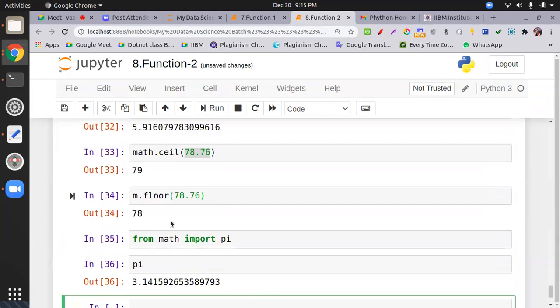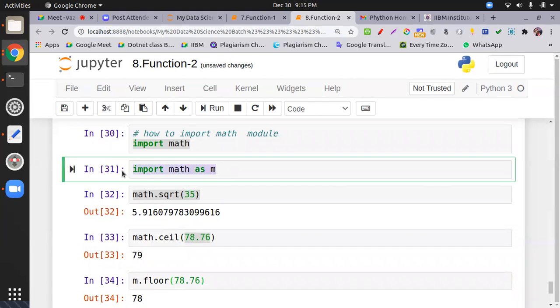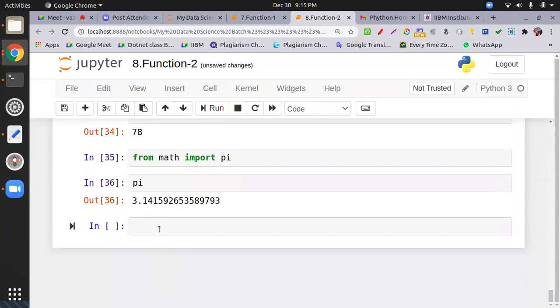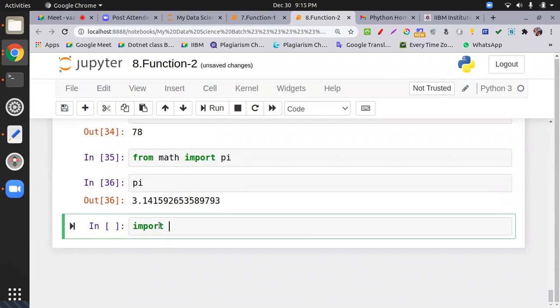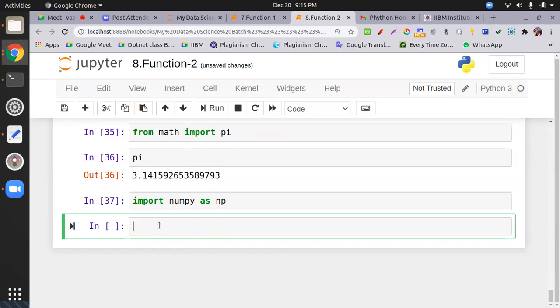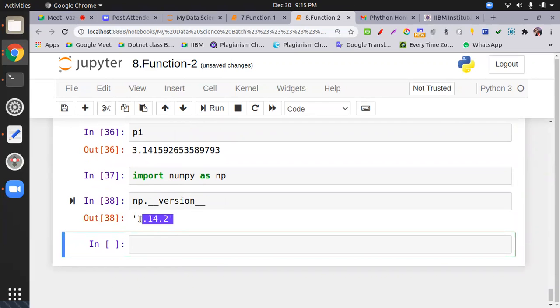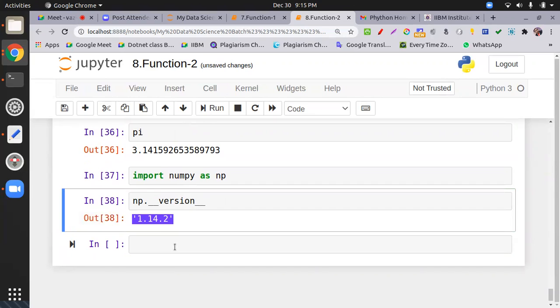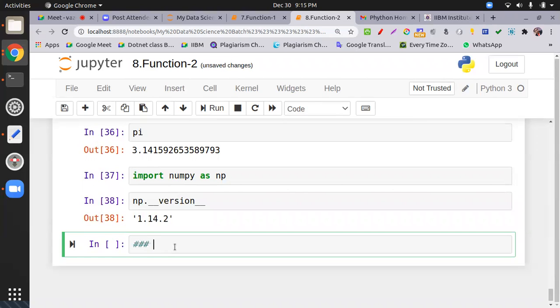So these are some specialized ways we import things. Just like I can import numpy, the library for handling arrays, as np. np is just a short name, and numpy stands for numerical Python. We can access its attributes, double underscore version, so it can print what library version is installed, because these libraries are installed with specific versions. If you want to print the Python version,